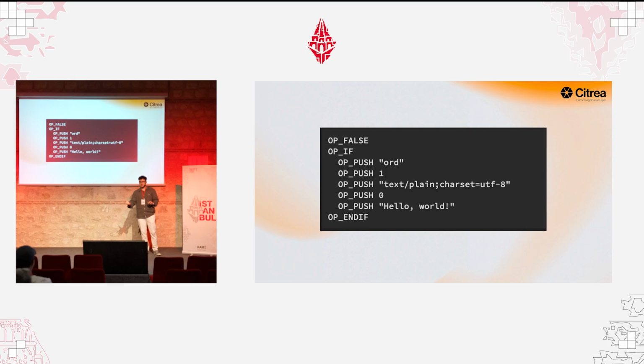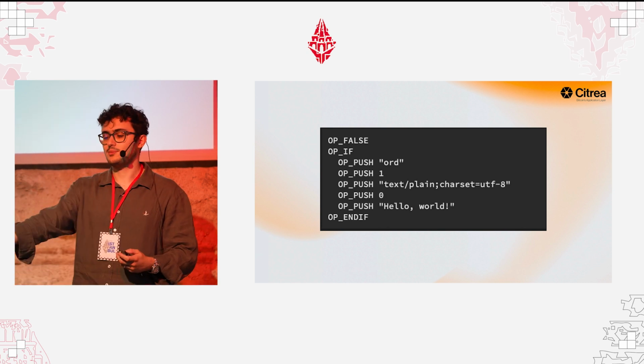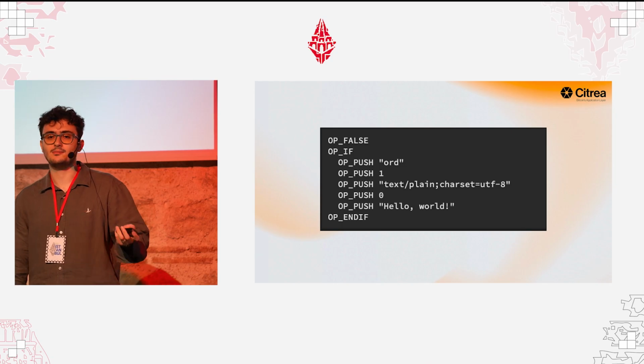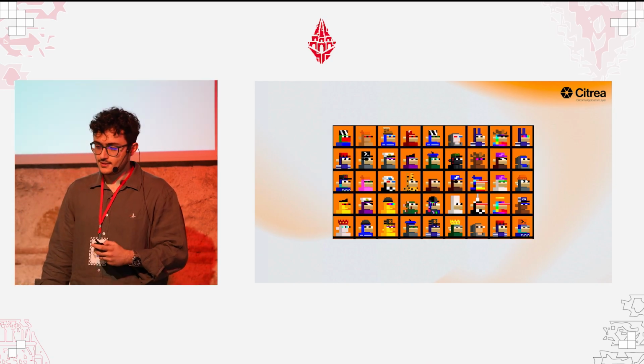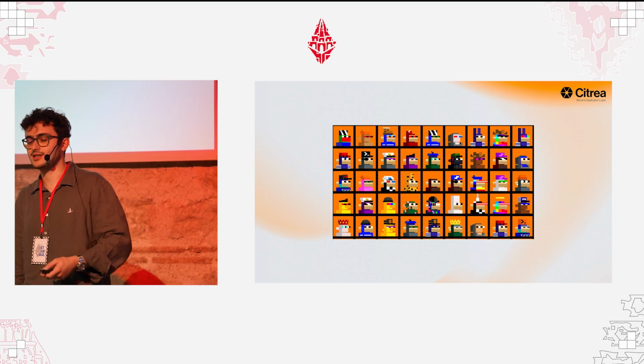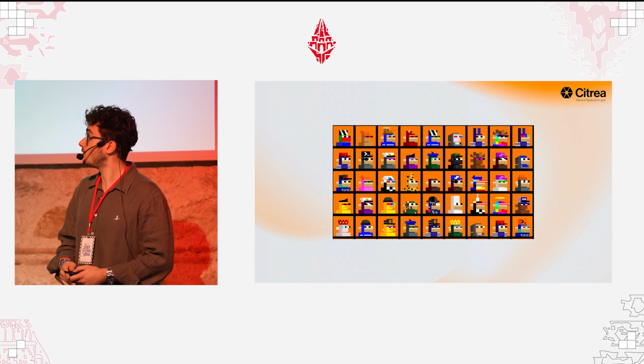Well, this is something that's been popularized by the Ordinals protocol, if you've ever heard about it. Around 2 years ago, some group of people put out Ordinals. It's a clever way of using taproot scripts, well, actually tricking Bitcoin into storing data. It looks something like this. You can basically write any kind of data you want, but you're limited by the Bitcoin block size, which is 4 megabytes. Anyways, that's an example of Ordinals. The first thing they use it for is, of course, NFTs. People started spamming Bitcoin with lots of pictures. This is called Doge monkeys.